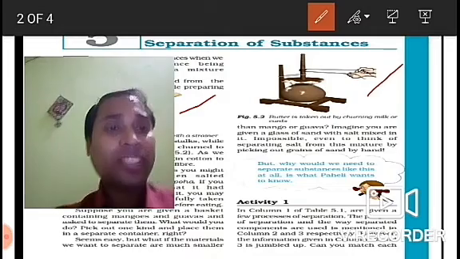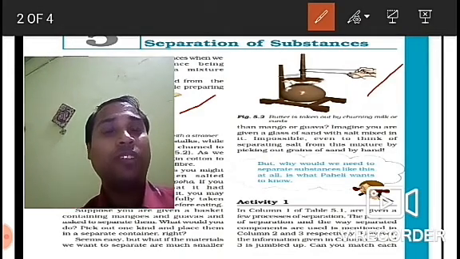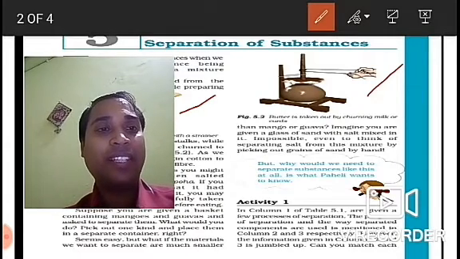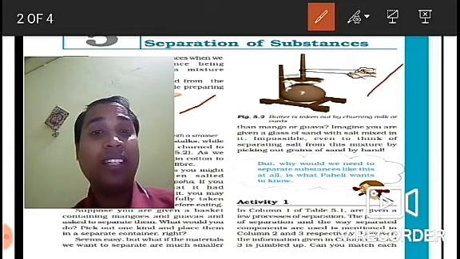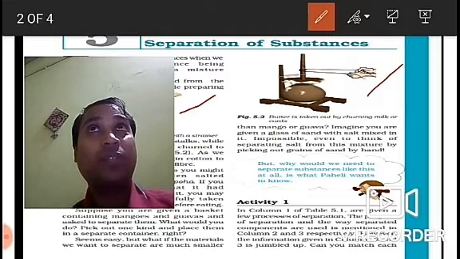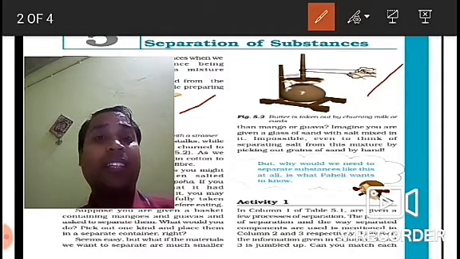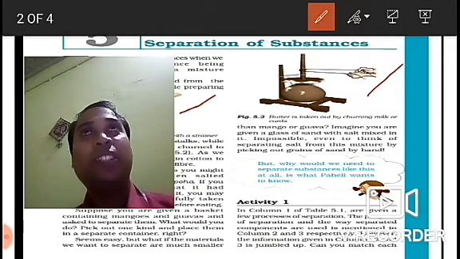Now suppose you have to separate the salt particles from sand particles. If you mix salt and sand together and we are asked to separate the sand particles, I don't think it is going to be very easy. For those kinds of mixtures, it becomes quite tough. So for separating those mixtures, again there are certain processes. We will be covering all those processes in this chapter, where